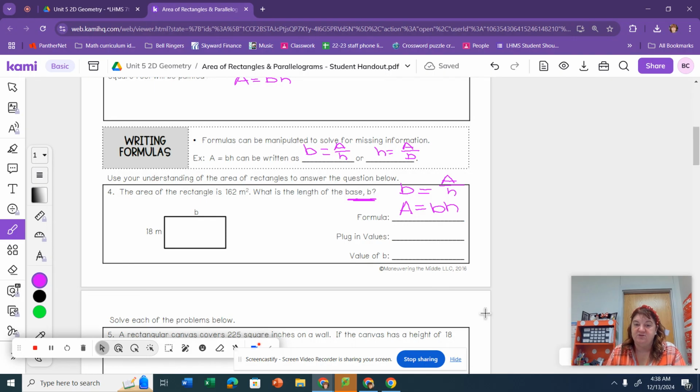So let's plug in those values. I'm looking for the base, and that equals the area, 162, divided by 18. And so the value of B would be 9